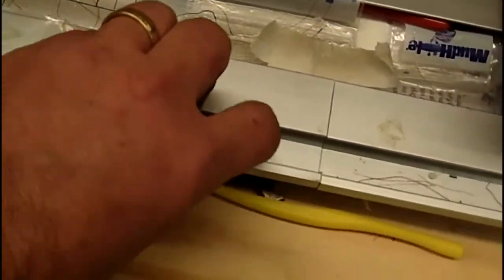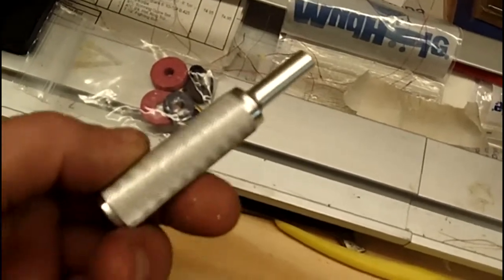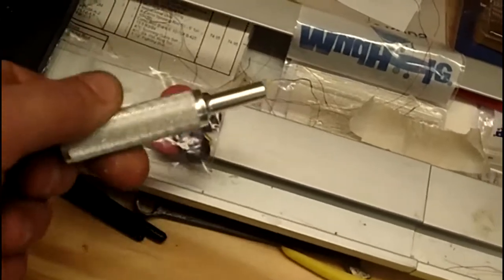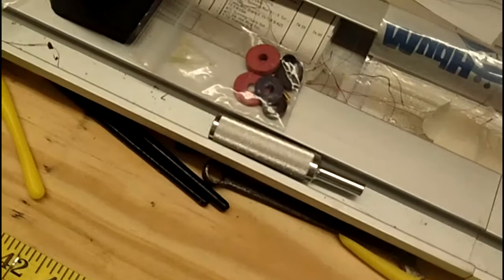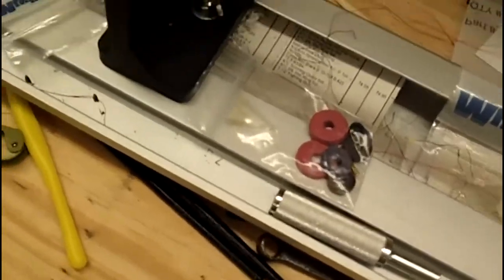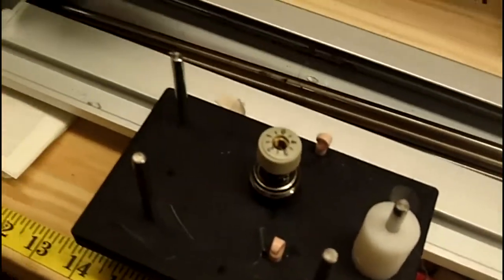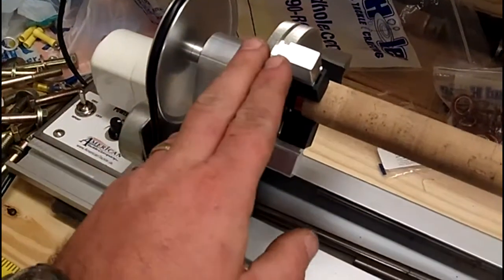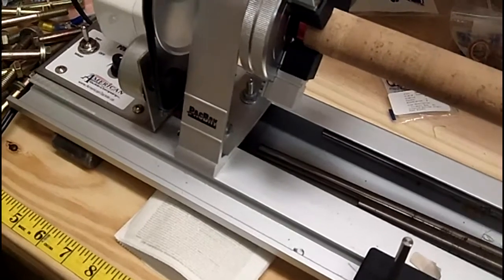This is another little tool that comes in handy. It's a guide holder from Mudhole also. You take this and you mount your guides in it, and you can cut them and grind them to where they're smooth and easy, and go down on the rod and allow you to wrap them easier. But anyway, that's basically it. Like I said, I recommend that you do upgrade to the aluminum chuck,